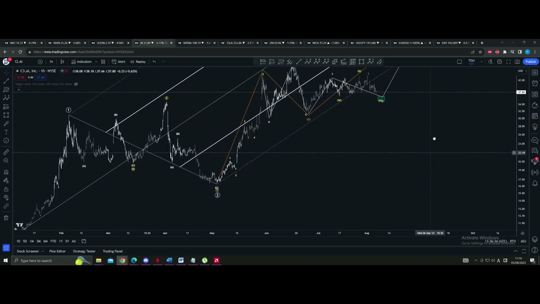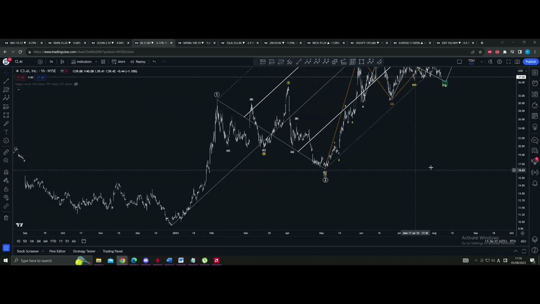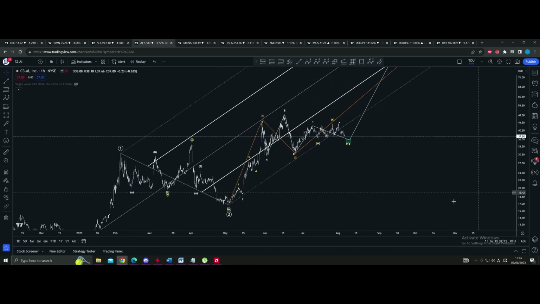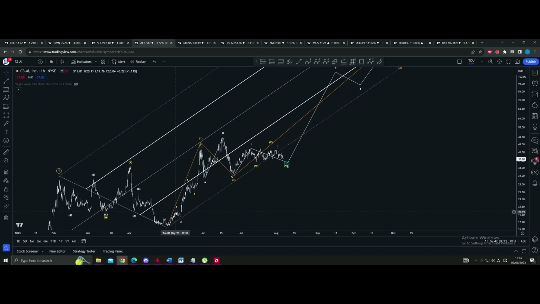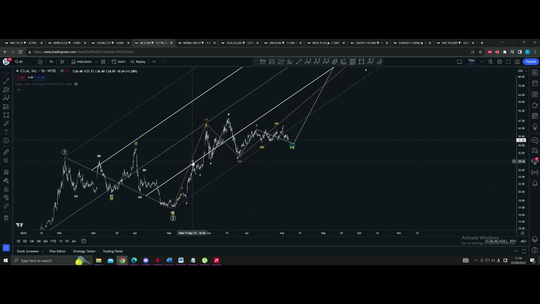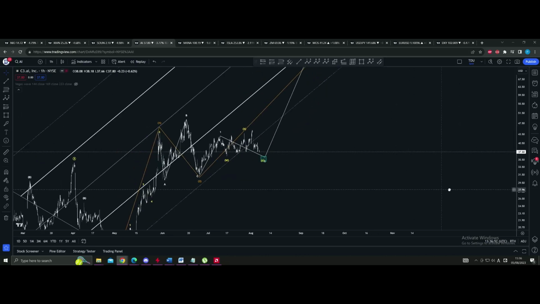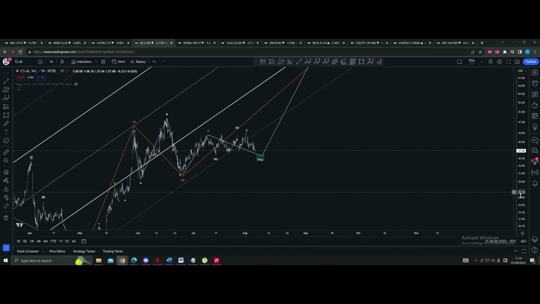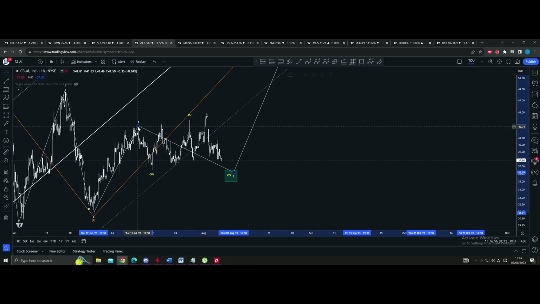When it comes to C3 AI, now we're working on, I'm thinking at least, that since we placed 1, 2, now we made another 1, and then you can see the small count inside of a completed impulse. Then I would say that this was a B, C flat, and then we hit another wave 1, and in this wave 2, I would say that this is a sideways combo, with this being a sort of a zigzag, so let's say A, B, C, and then a flat A, B, C for your wave X,